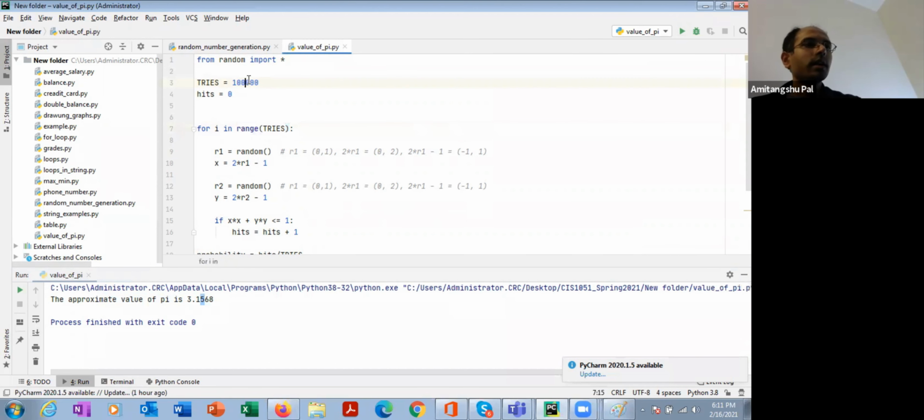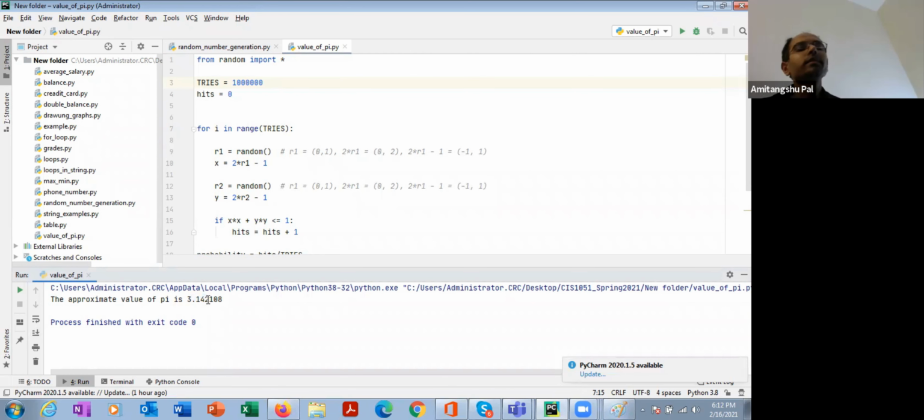If I increase the tries, you'll see 3.139, so very close to 3.1. As I increase the number, it is getting very close to pi.